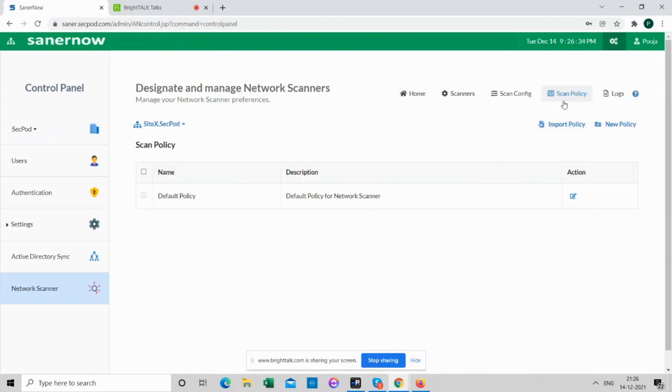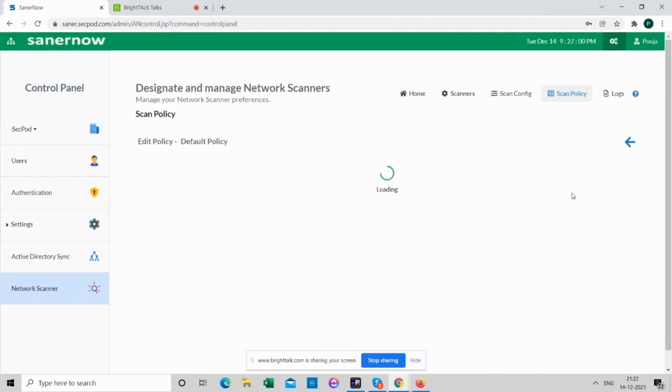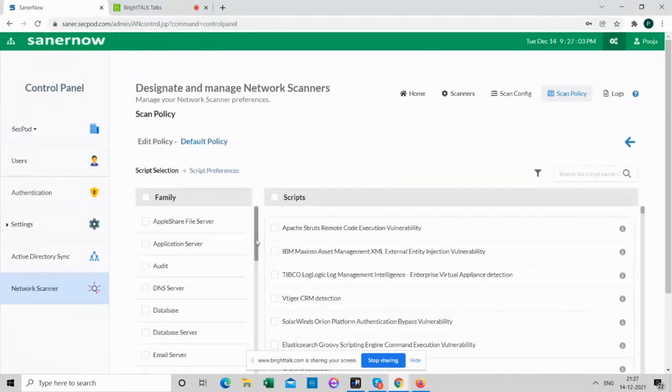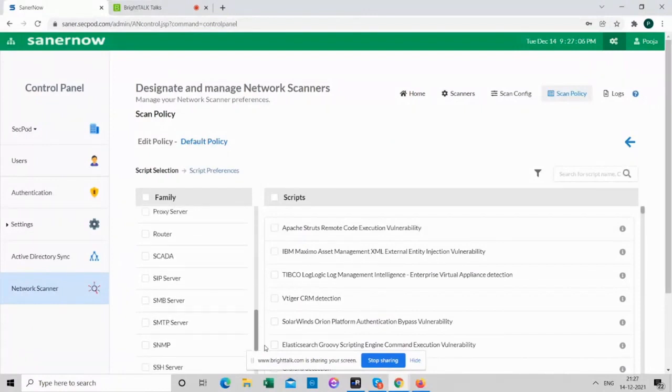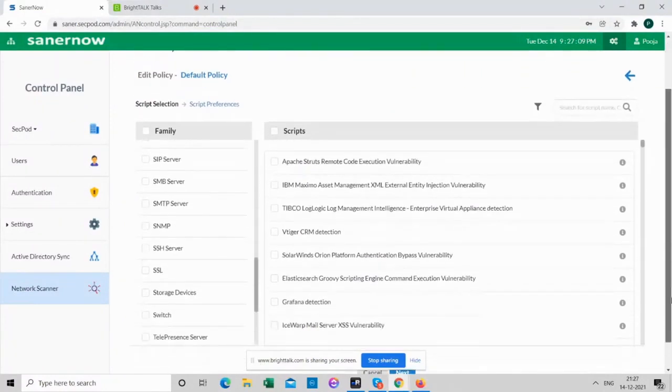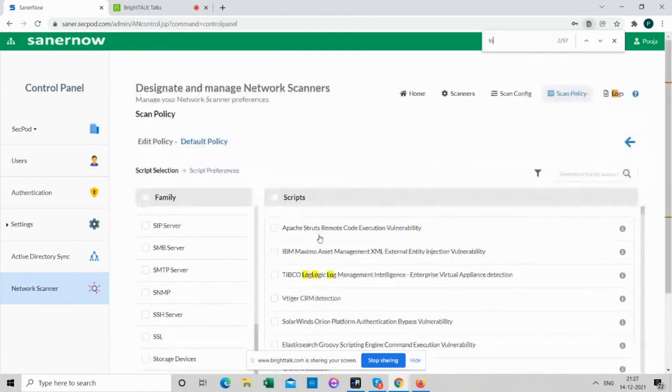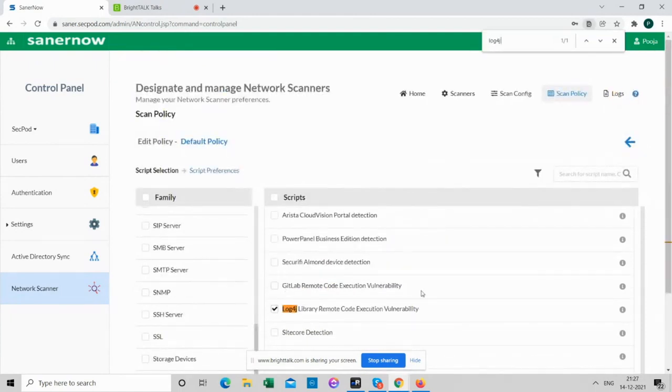Scan policy. We have a huge set of remote checks that we use for identifying vulnerabilities on remote environments and network devices. At this point when log4j is making so much noise, we may not be interested in scanning the other vulnerabilities. We might be keen on checking if my environment is affected by this. So you can update the policy here. Come down to, I think I've already selected log4j. Yeah, so this you can just choose.